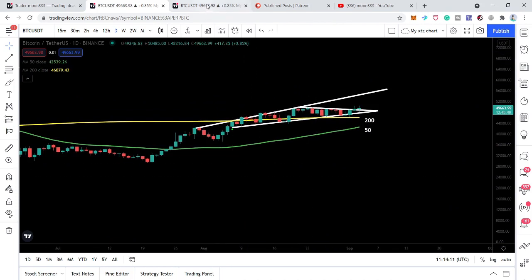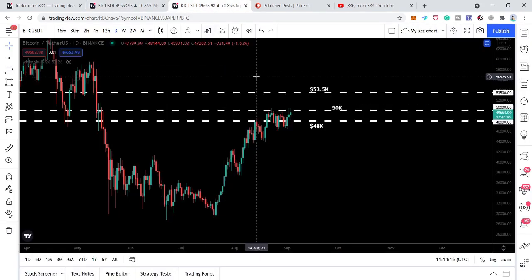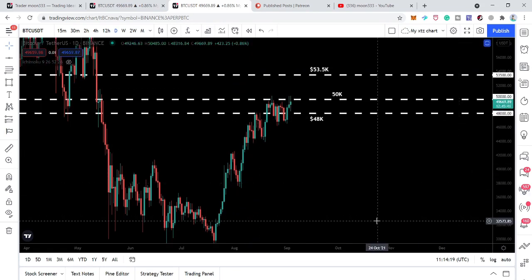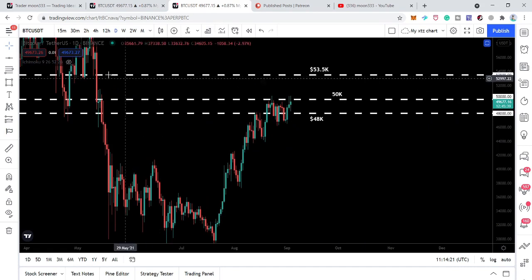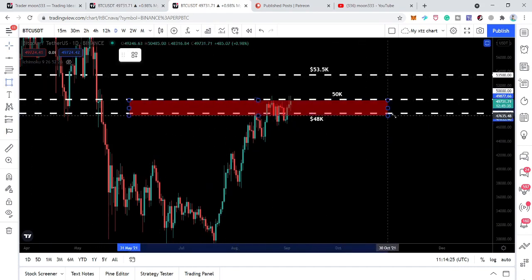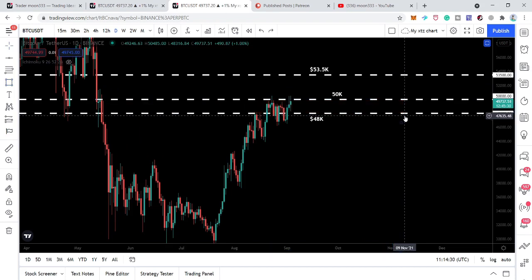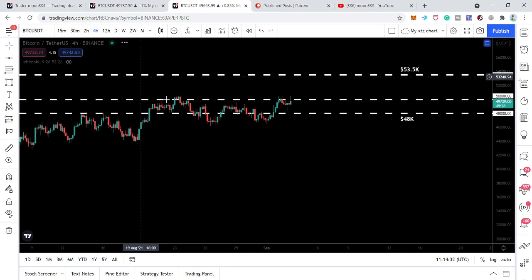Now, on the same daily time frame, I would like to show you the different support and resistance levels. And I told you that this is a very strong resistance zone that starts from $48,000 and goes to $50,000. Now, if we switch to the smaller time frame, the 4-hourly chart, then we can see